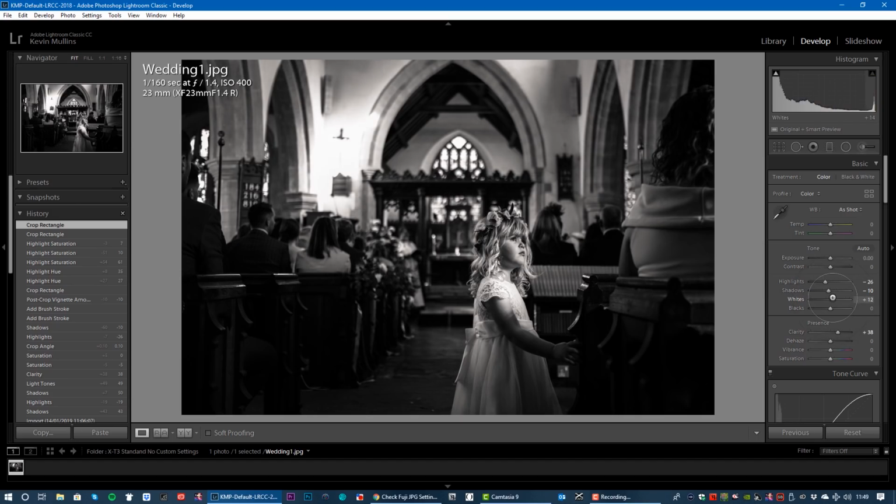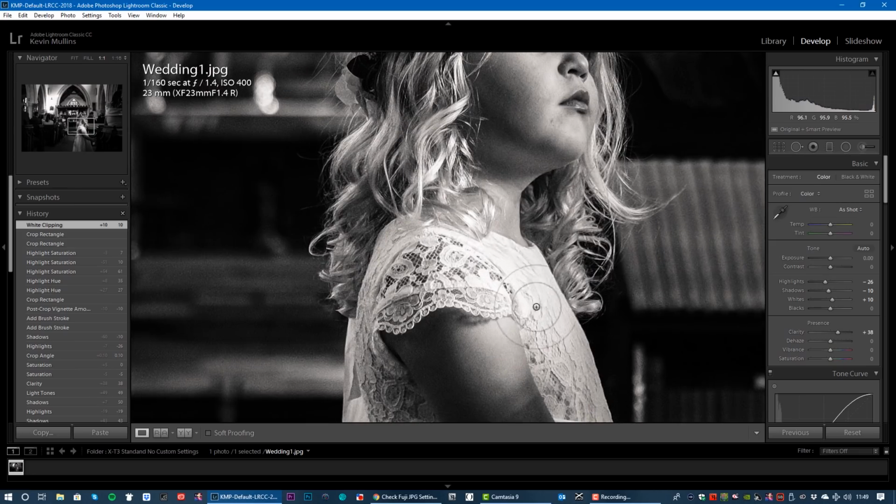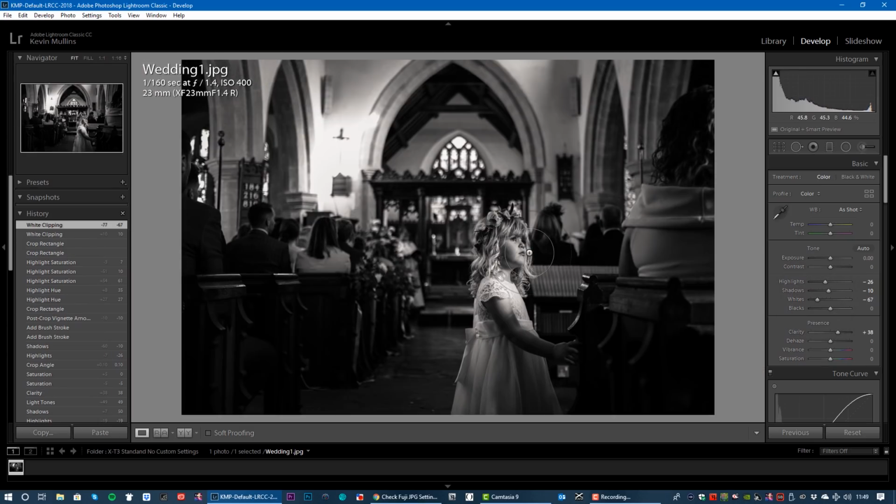White, see the whites there, if I bring those up it becomes a little bit too bright I think there, so I might just back that off slightly. There we go, you can just see it. You can still see all the detail, but we don't obviously want it to be too glaring, too